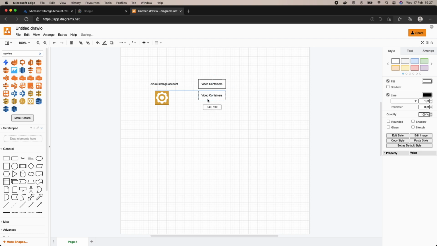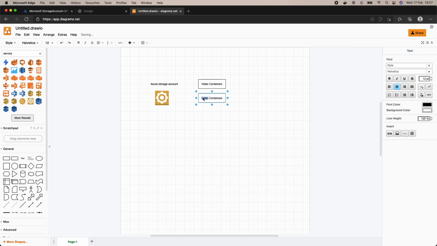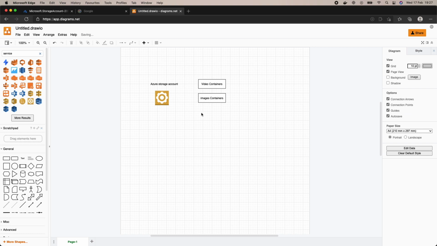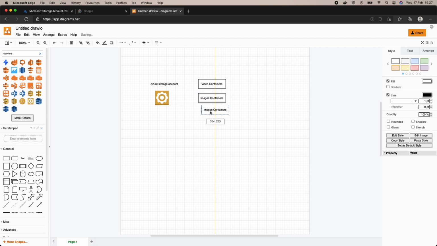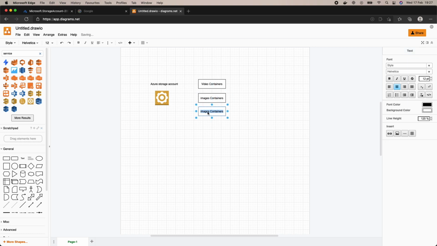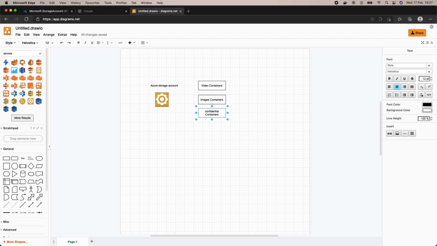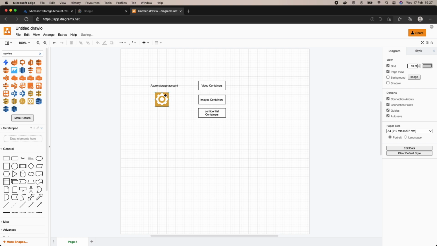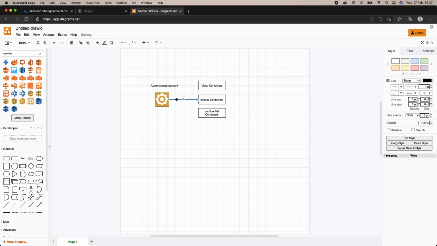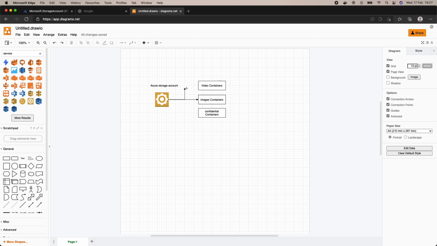We'll call it, for example, images container. Or it could be a confidential container, anything we want. Once we have these linked up like this,